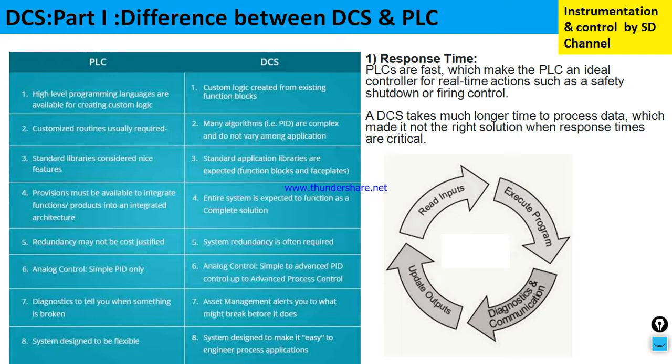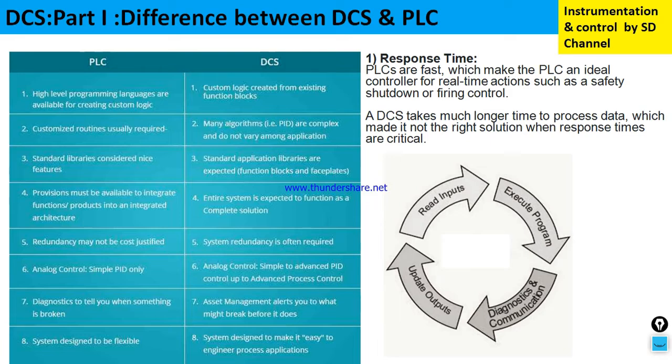Now the DCS. In DCS, both the SCADA and controller are an integral part. It comes all together. In DCS, the controller is called FCS, Field Control Station, I'll explain. And the monitoring system or the SCADA is called HIS, meaning Human Interface System, to which you can give commands or with which you can monitor the whole plant. That is called HIS.